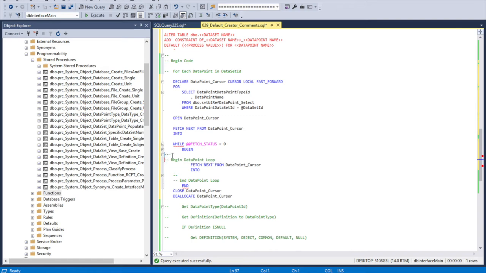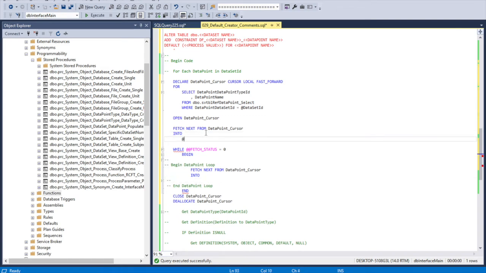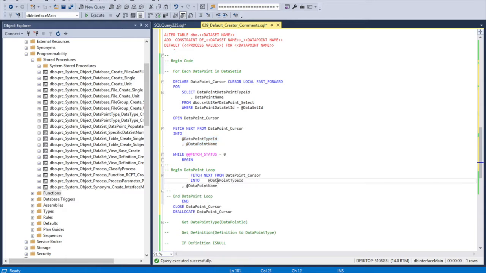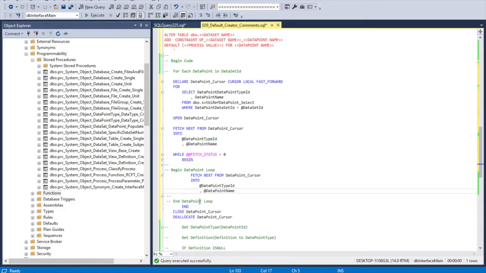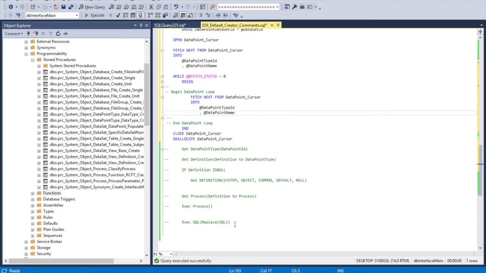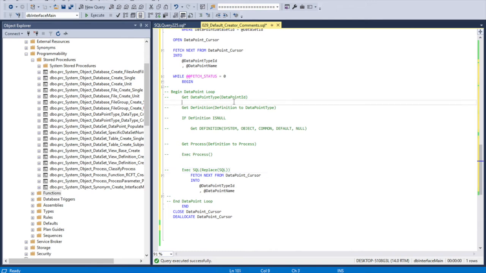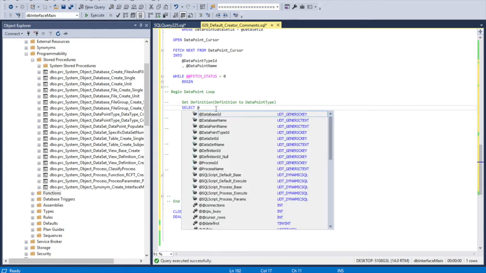So I can format this a little bit, and I'll get the comments inside of the cursor and fill out the fetch next statement. I'm going to try to create pauses in between pronouncing the weird names inside of the view so the pattern starts to stick, like definition, DataPointType, DataPoint, DataSetId. It's very important. But to continue, we don't need the DataPointId or DataPointType ID because we're getting it from the